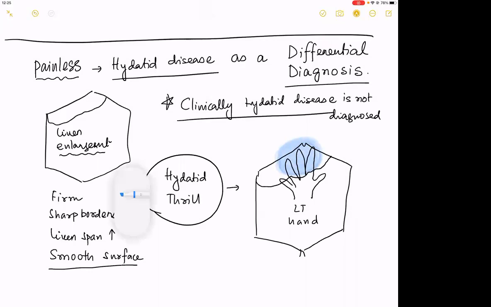Remember that the picture that I have made is your left hand, not the patient's. And then with your right hand, you are going to percuss on this finger. Okay. It will probably be with the middle finger. If you see the impulse in the index and the ring finger, that is called a hydatid thrill. Have I made you understand this point?